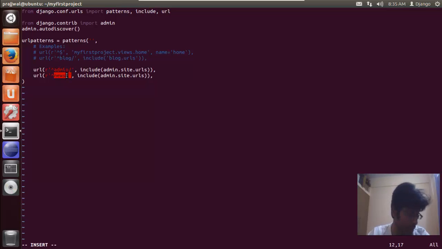It's a regular expression, and this will be interpreted as the site name. Let's say the site name was my first project. Then if you access www.myfirstproject.com/news, it will redirect you to